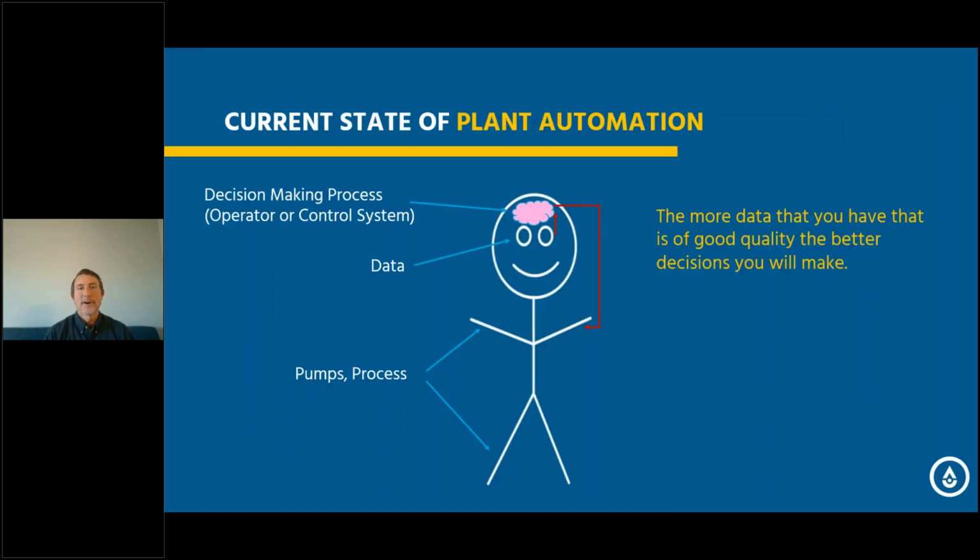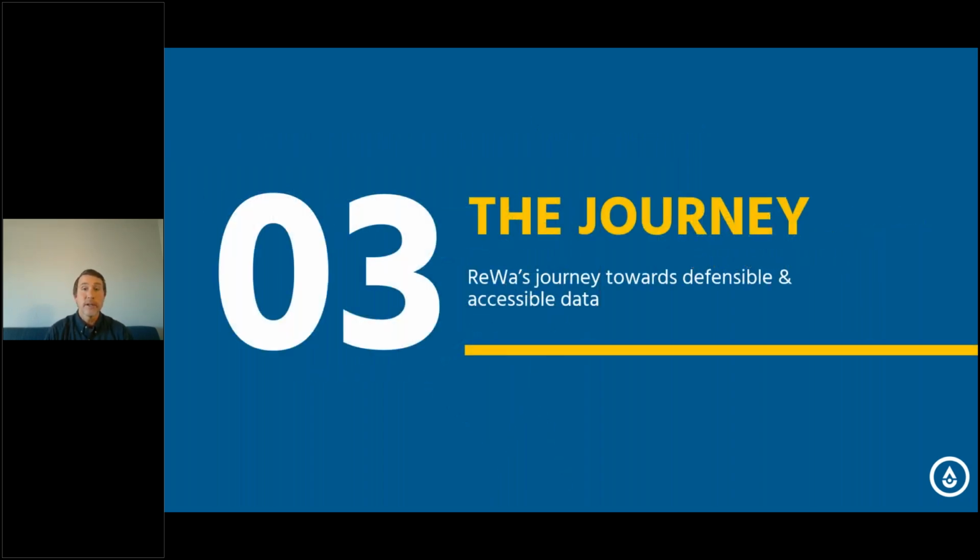So let's talk about the current state of plant automation before Tony tells us how things get so much better. It's the really good operators, the experienced operators, who have a brain full of tribal knowledge. They're taking in the data themselves. They're doing the rounds, seeing things, making notes, maybe not on paper, but in the back of their mind: what am I seeing and how do I react to it? And then they're implementing changes, be it a manual change to a gate, a valve, a pump, turning on and off a piece of process equipment.